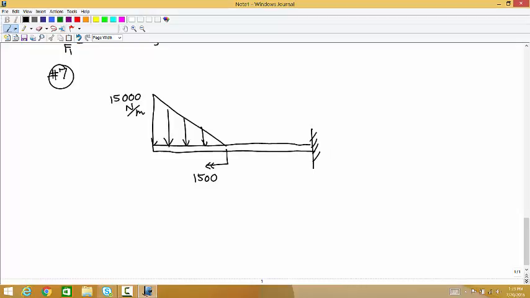Okay, this is a pain in the butt, because when we do a cut, where the right end of our isolated piece is inside that distributed load,